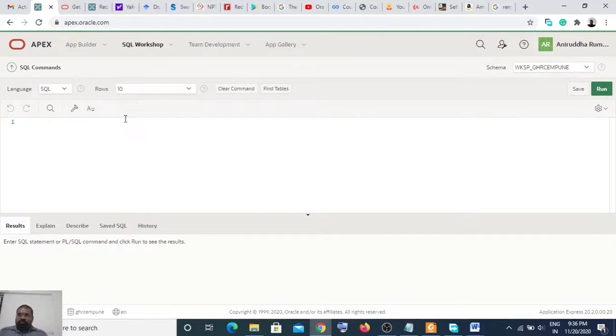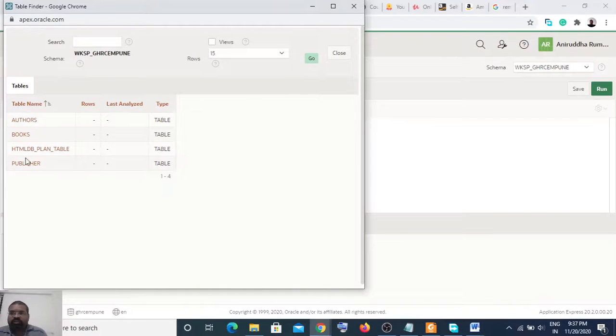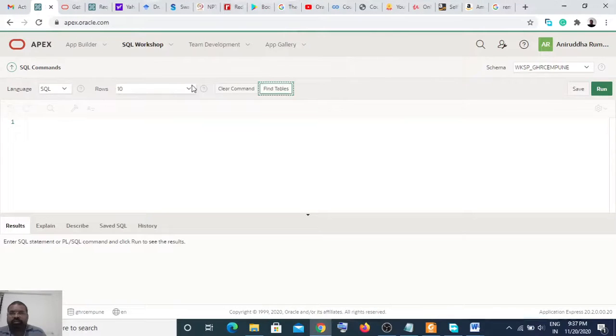For example, if you go with the find tables, it will show the tables available: the authors table, books table, publisher table. You can simply view a particular table, or insert data into that table, and likewise.